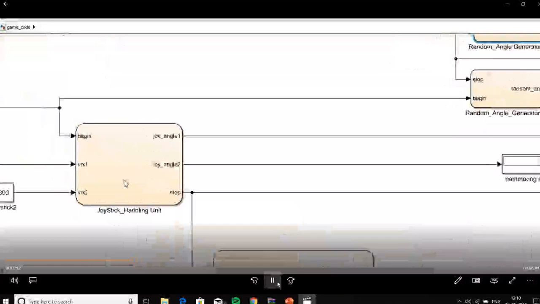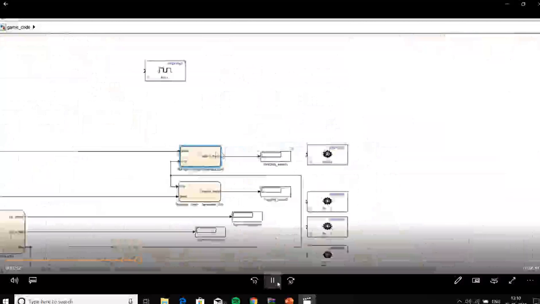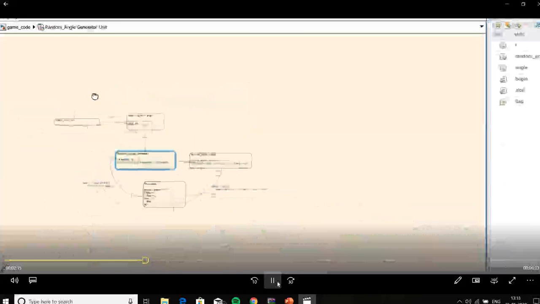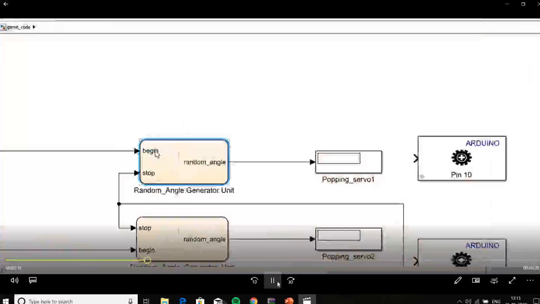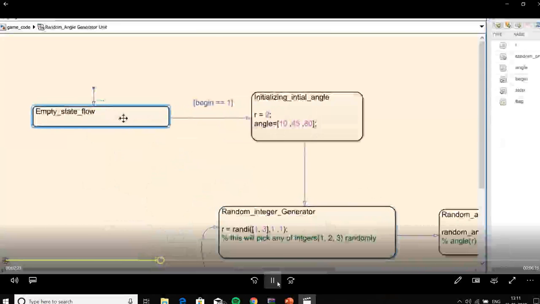So now let's take a look into the random angle generator unit. It takes two inputs, begin and stop. Begin will initialize this unit, and stop will stop this unit, and it will generate our random angles. We start here with the empty state. We need the empty state to put this condition, and once we